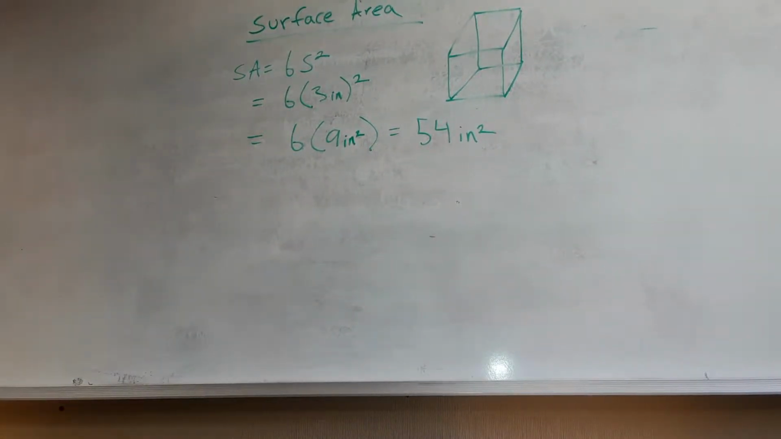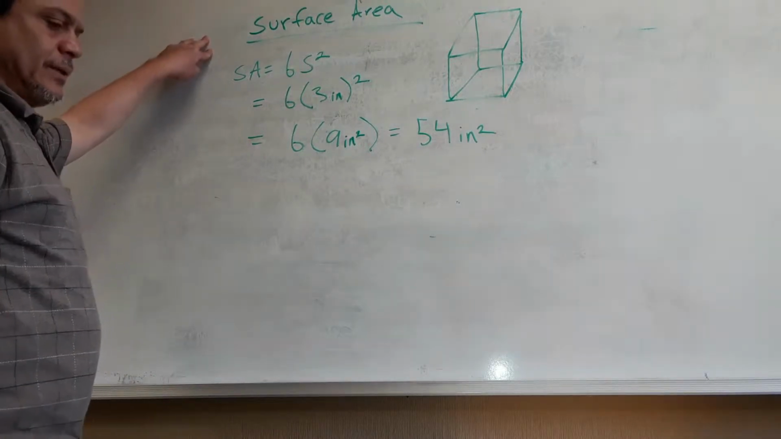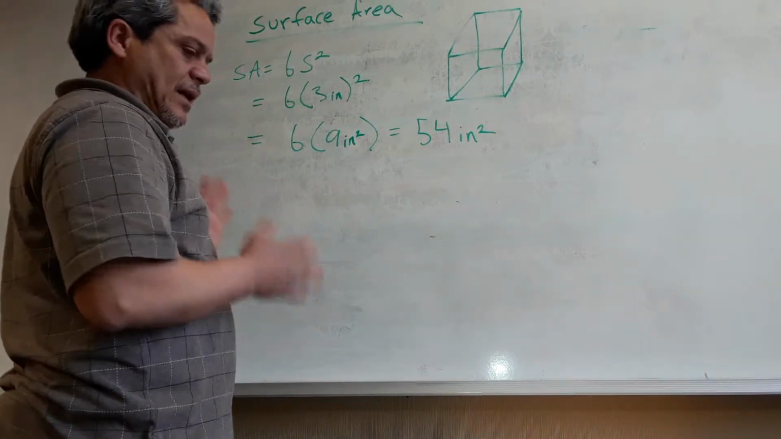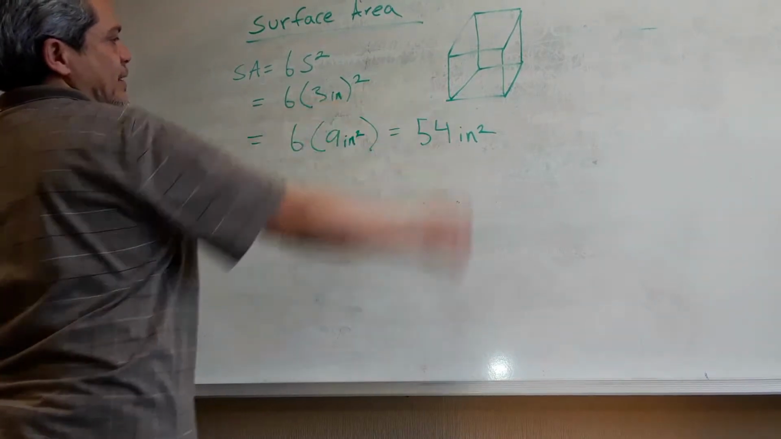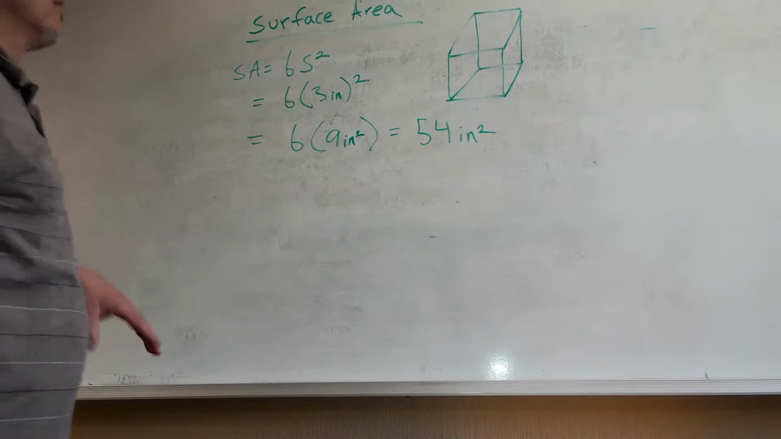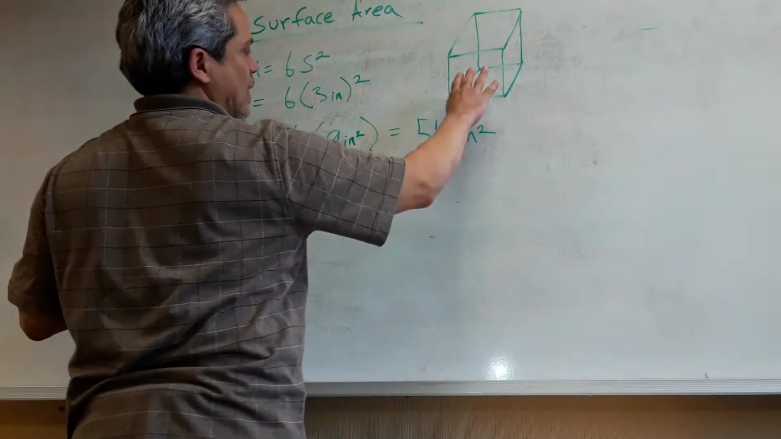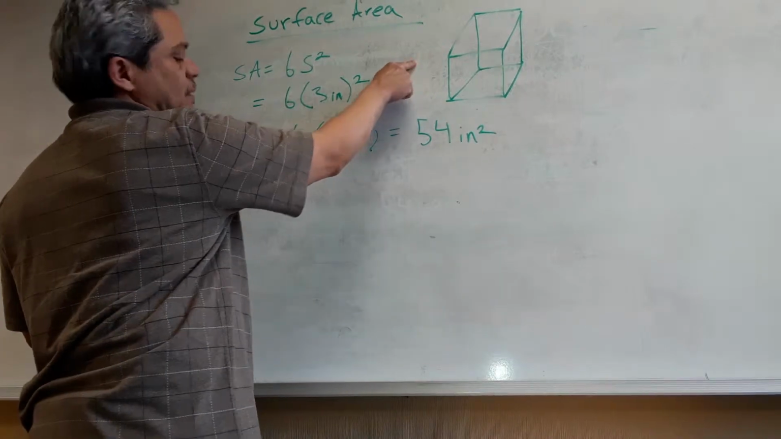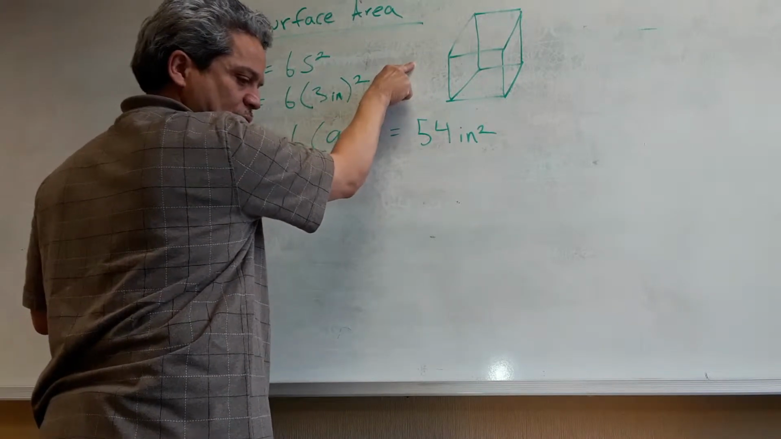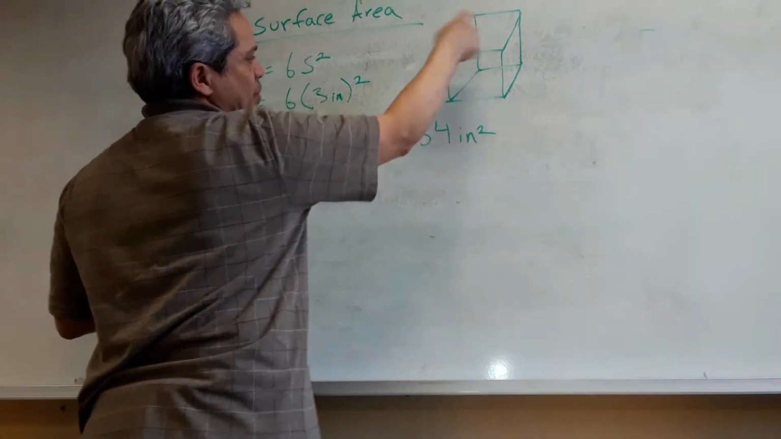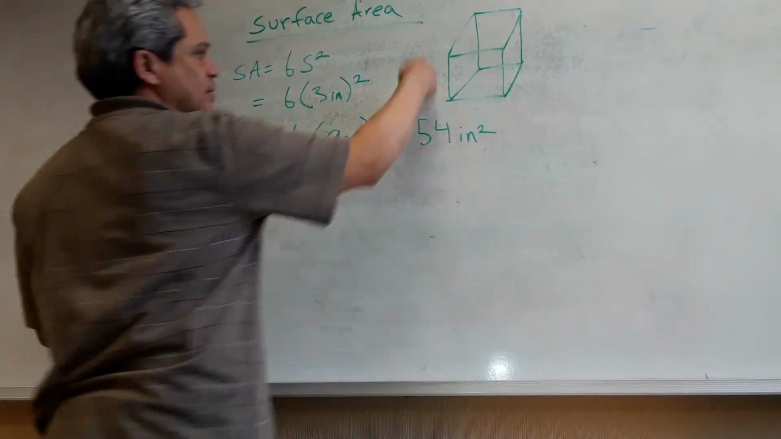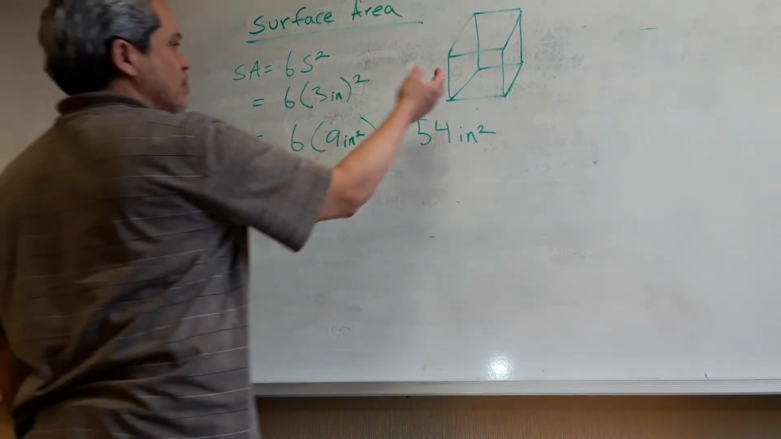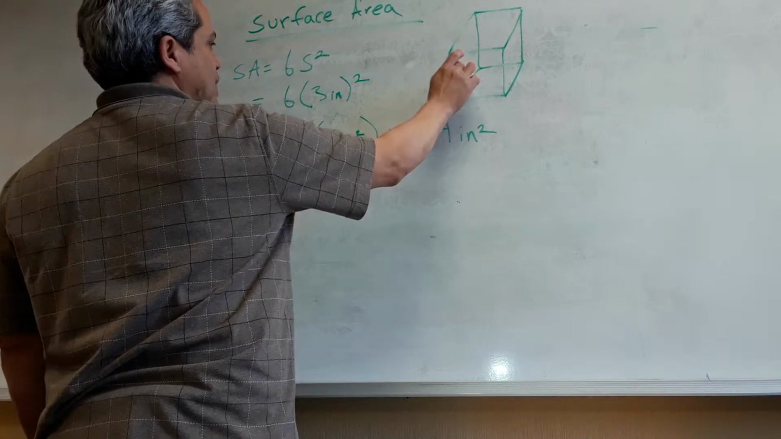Okay, we're dealing with surface area. Surface area is the total area of the outside faces of three-dimensional figures. So you just figure out the area of one face. In the case of a cube, because we're doing the surface area of a square prism, a square prism is a cube. All sides are square. So when it comes to a cube, we figure out the area of one face and multiply